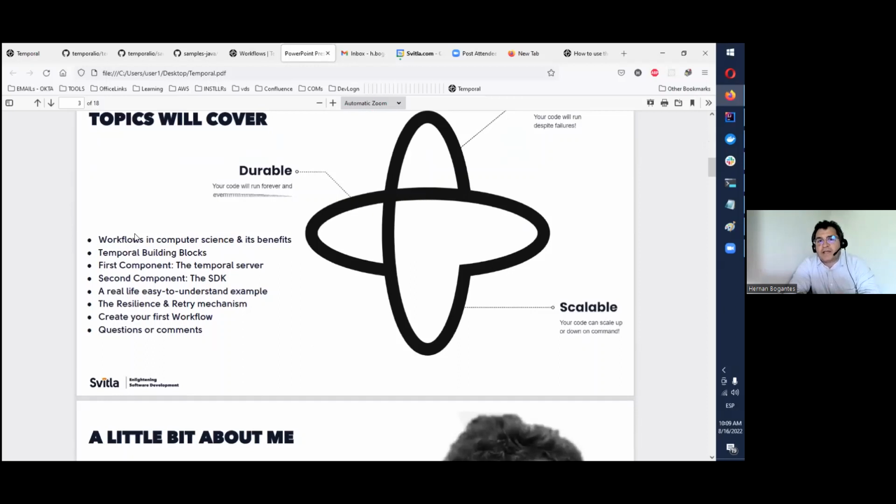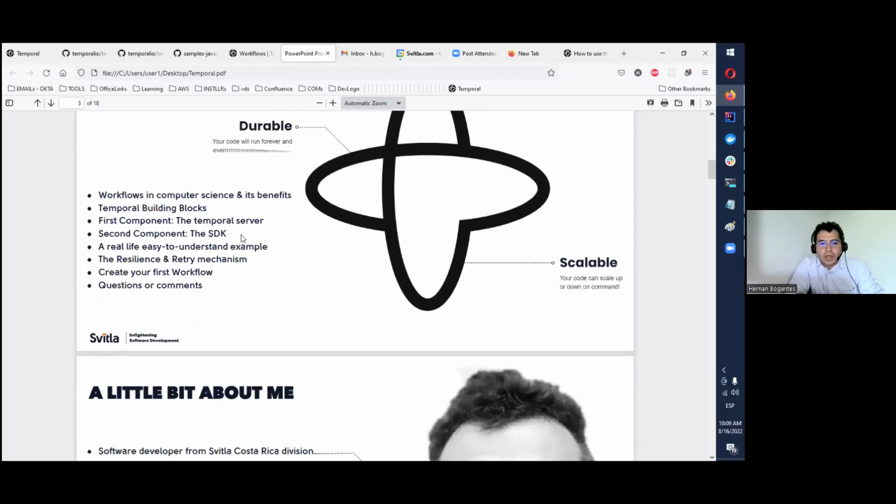All right. That takes me to the next slide, and this is basically the topics we'll be covering. And I want to emphasize, this is a technology that is very complex and capable of doing multiple things, but I'll be covering only the basics. I will try to focus on how strong this is, so we can understand really the basics, because once we get to the starting point, going beyond is not so painful, if you let me use the word. So I'll try to mention what temporal is, what exactly workflows are in computer science,